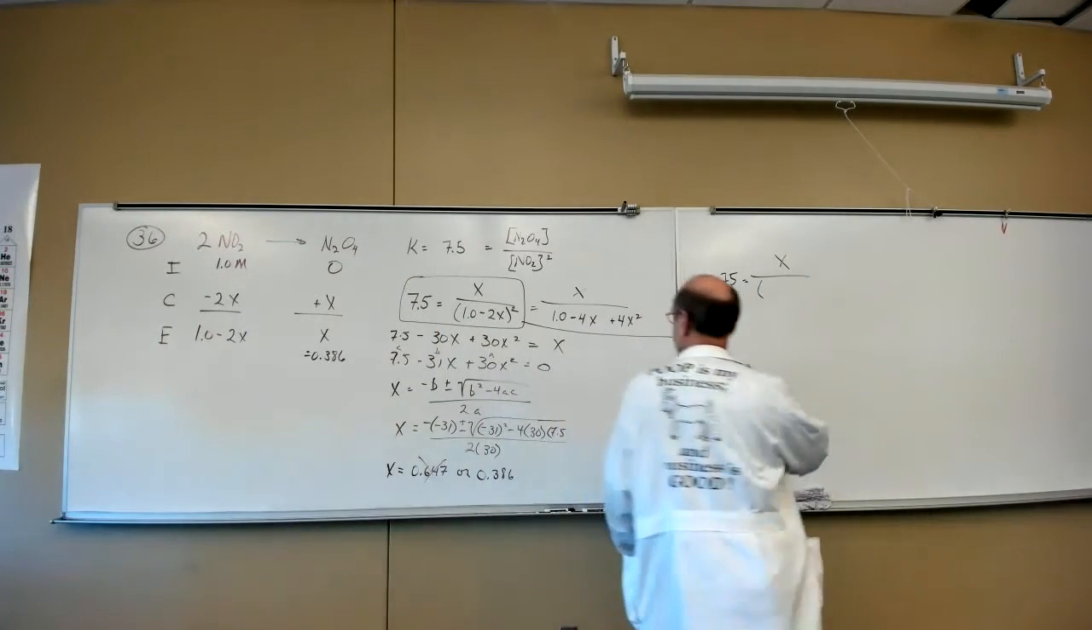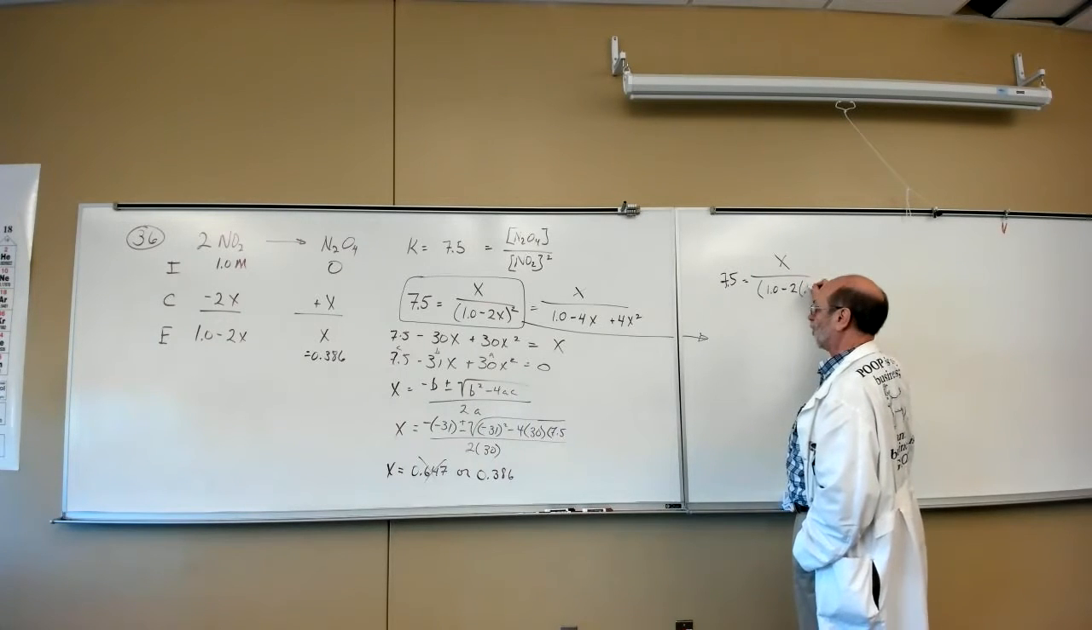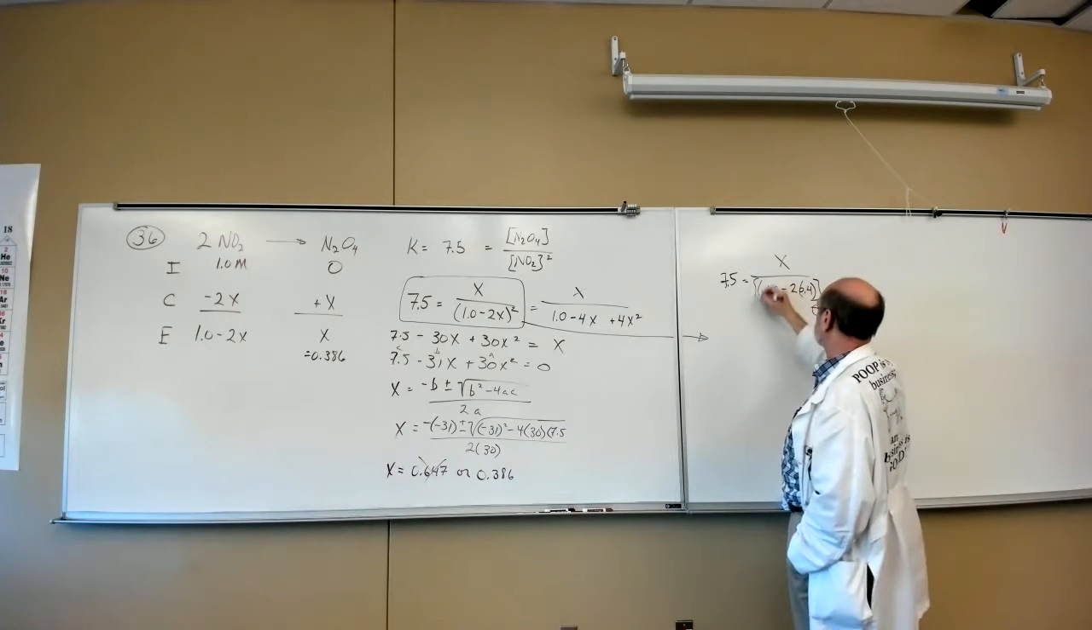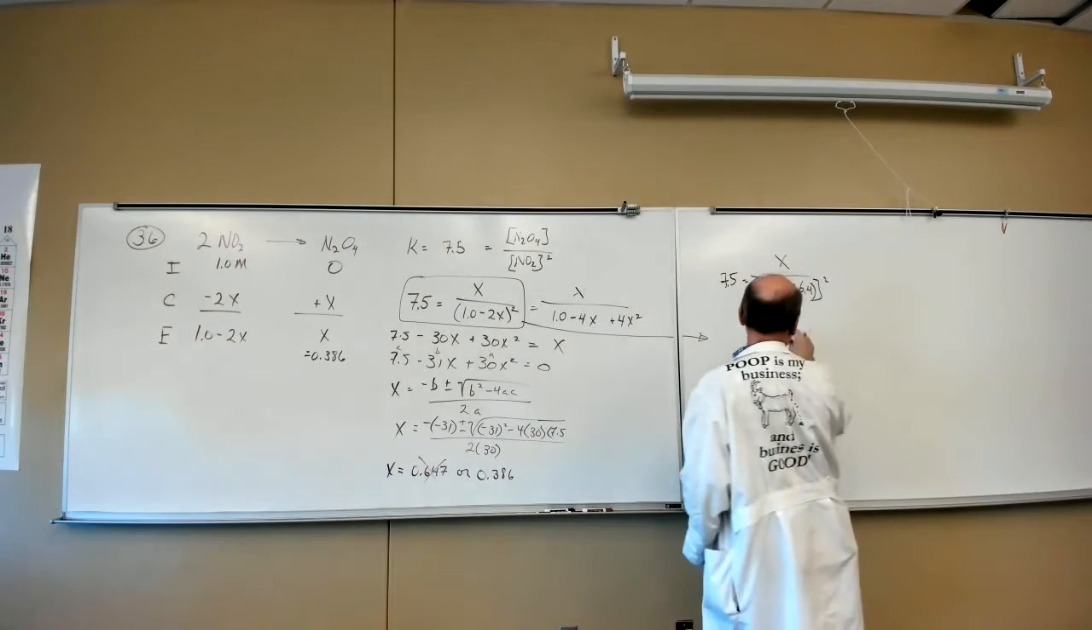So that's why I would pick something like 0.4. Minus 2 times 0.4. And this whole thing is squared. So that would be,